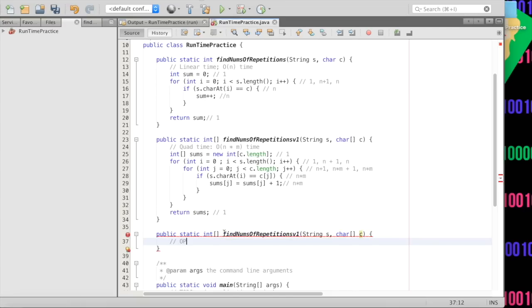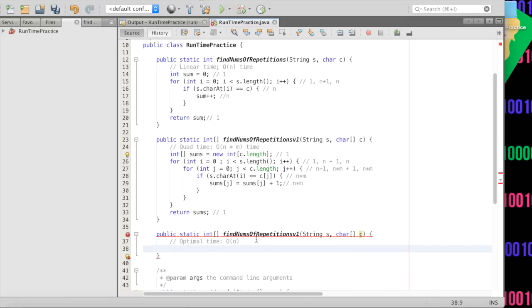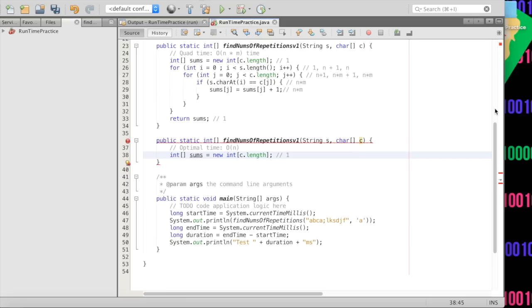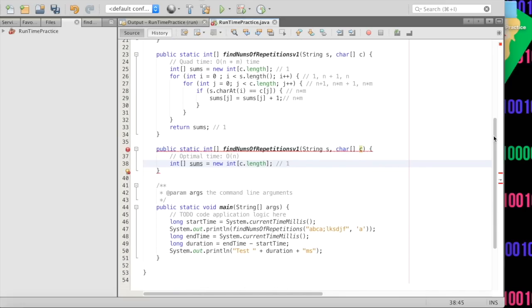So our goal, we'll say optimal time, is O(n) time, so linear time. So the size of our input is the same as the size of the solution. And so to do this, we're going to do the same type of sums thing up here. So we'll just copy and paste that down here, because we're going to want to return this int array no matter what. But instead of doing this double for loop thing and jumping right into it,